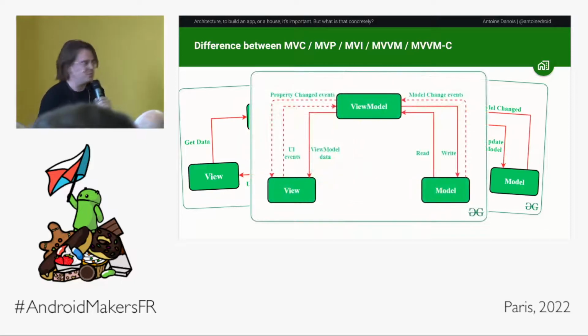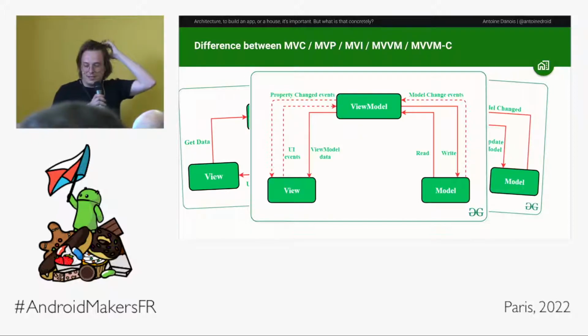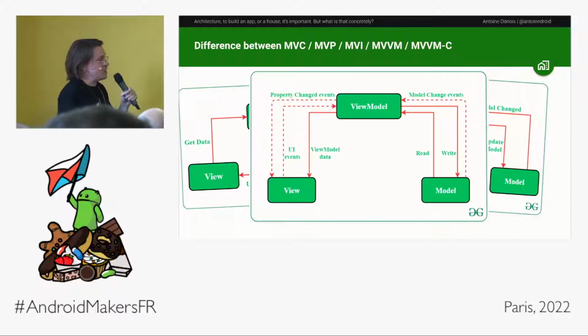One, maybe the most used in the Android world, is the MVVM, with the view model in between to expose the data to the view and also to take care of the link between the view and the model. So all of those are a bit of the same, but not exactly. There are some caveats.